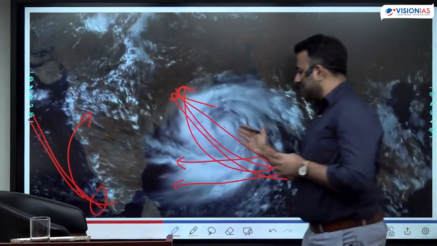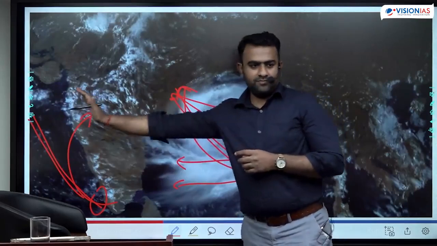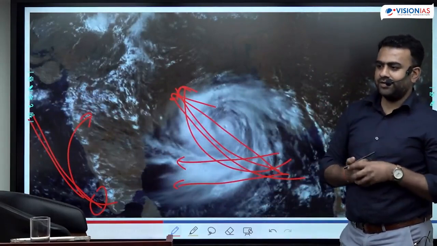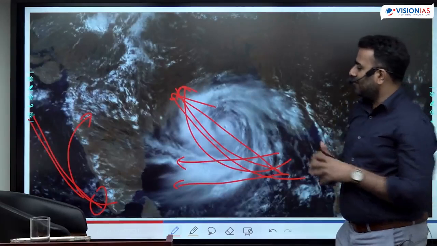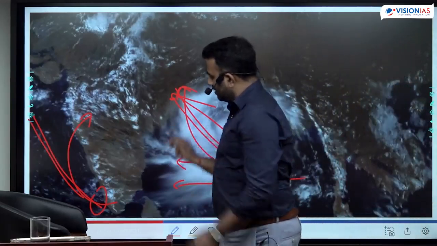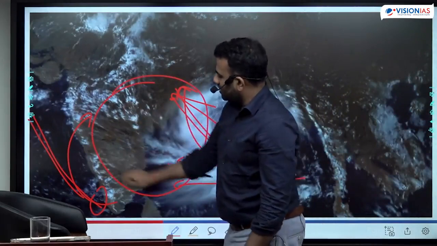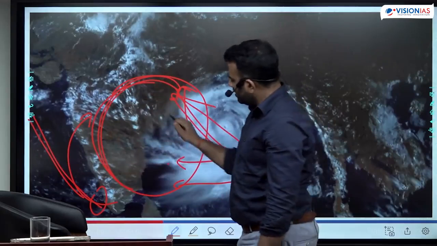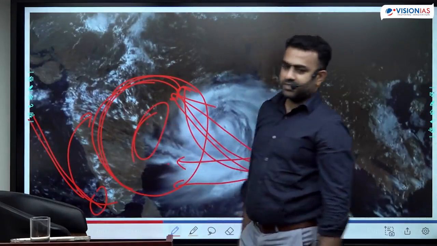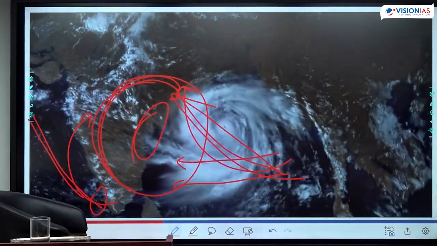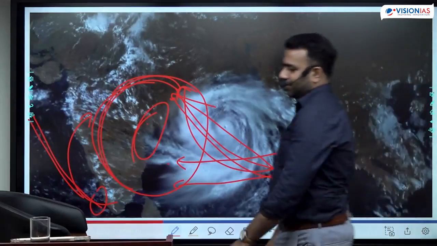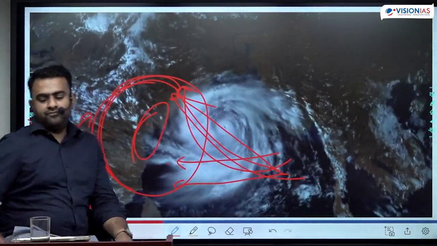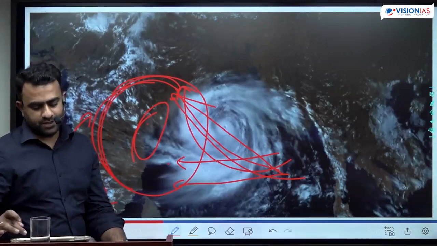Okay, for the landfall to happen, the central part has to enter. As long as the eye of the cyclone is in the ocean, convection will keep going on. Imagine the entire cyclone, this part has come here, this entire system is like this. Half the cyclone, the entire part here, is seeing rain. The entire area is seeing very heavy rainfall, and the strongest rainfall is in the region wherever there is a landfall. Heavy winds, thunderstorm, lightning with heavy flooding also. Okay? This is the formation of a cyclone.